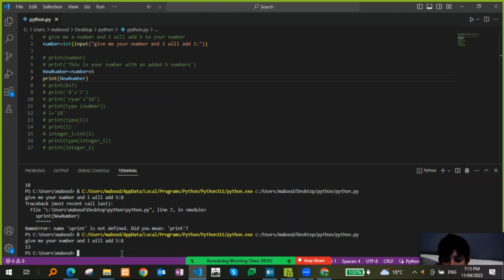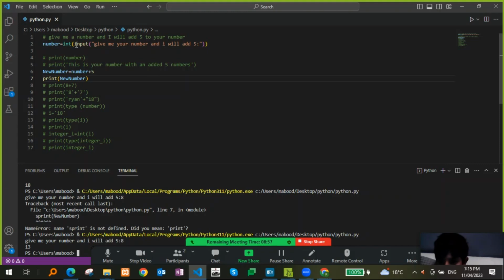Please clear the int from input. I want to change this code a little. Delete int, also the parentheses. Yes. Now,